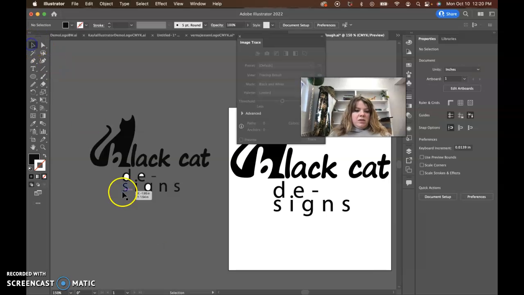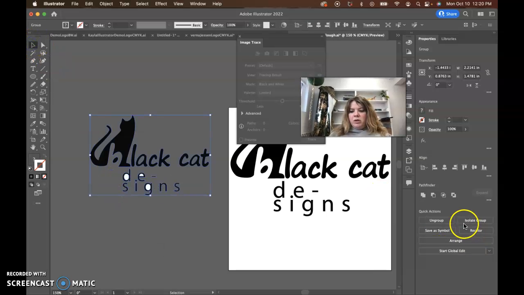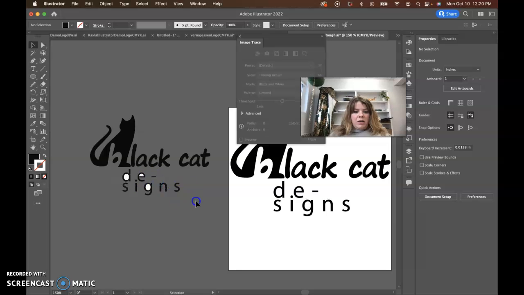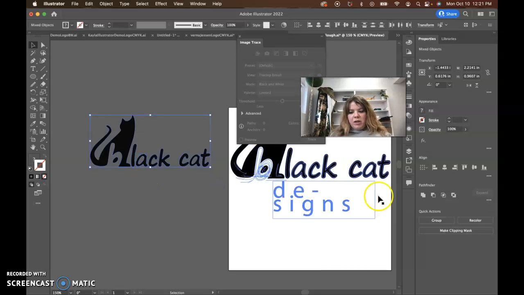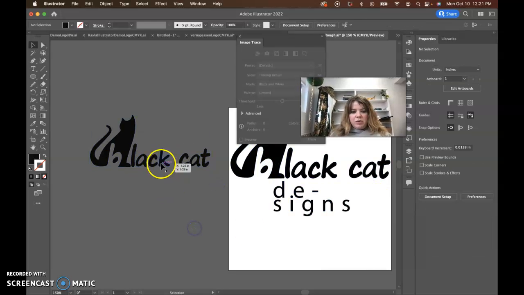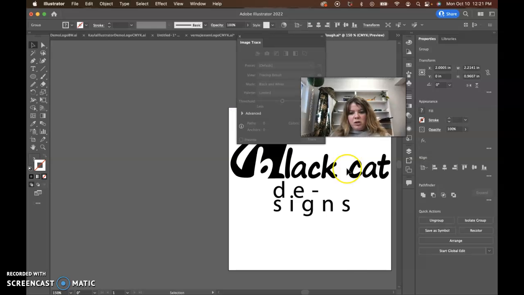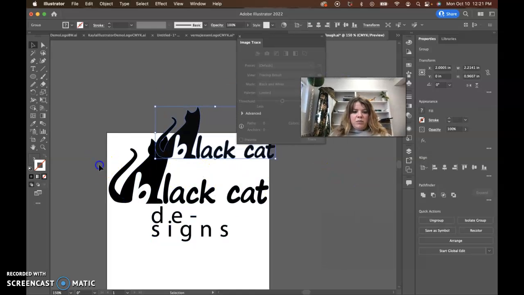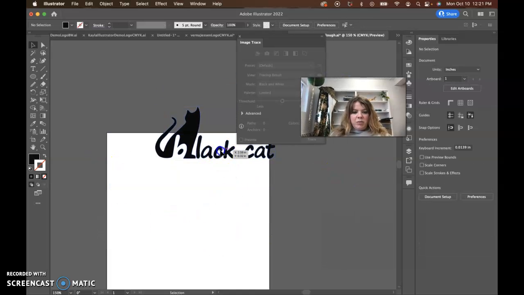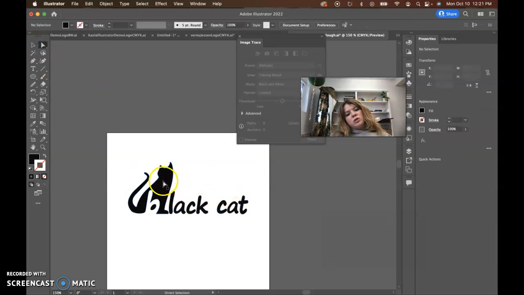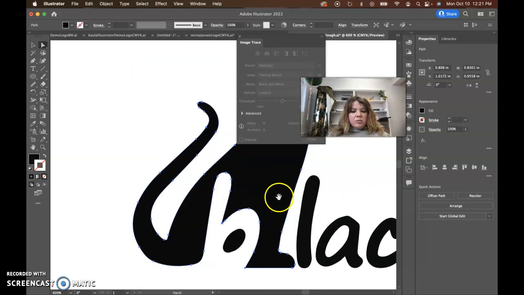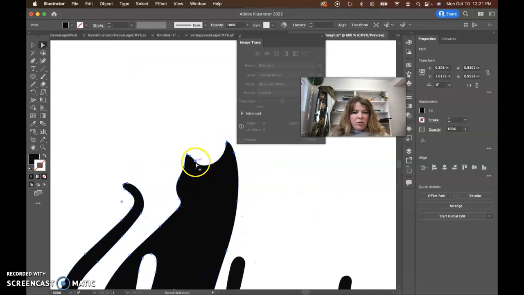Obviously this design is not correct, but we can ungroup things and then click and drag over just the designs, then click over it again, drag over it, get it all selected, and group it back together so that when we want to move it, it's all one chunk. And then you can work on the cat shape that way, because now the cat shape is one solid chunk, and it's much cleaner,